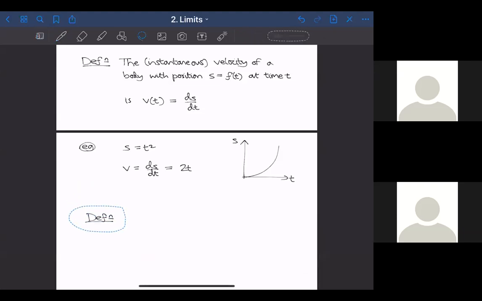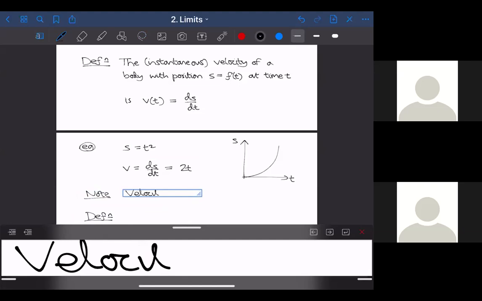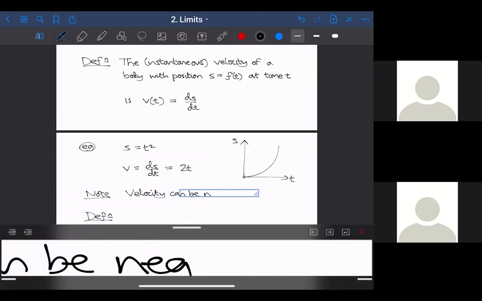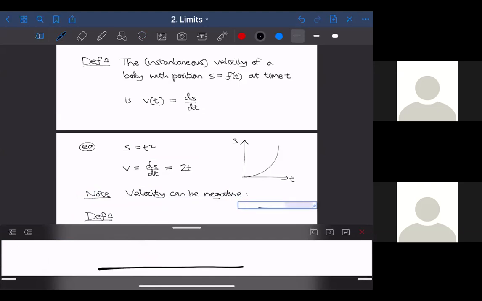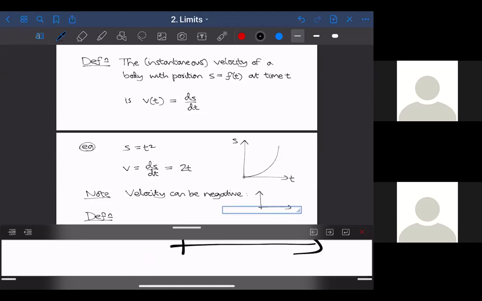So note velocity can be negative. So if my graph looks like this, a body that goes somewhere and then comes back, then